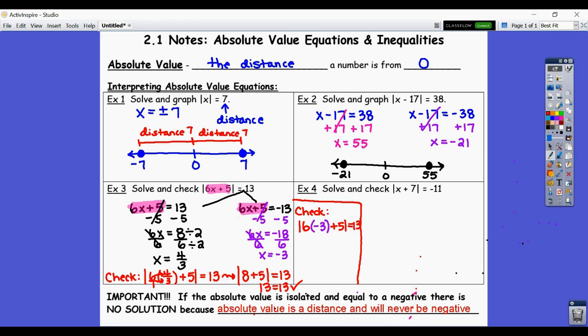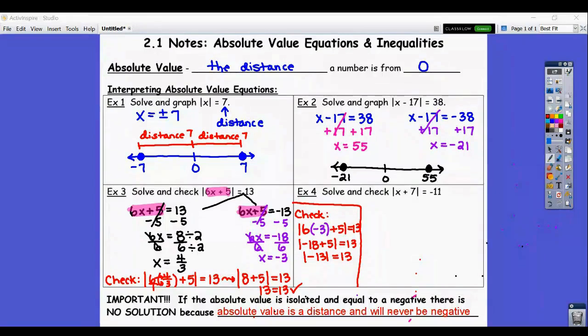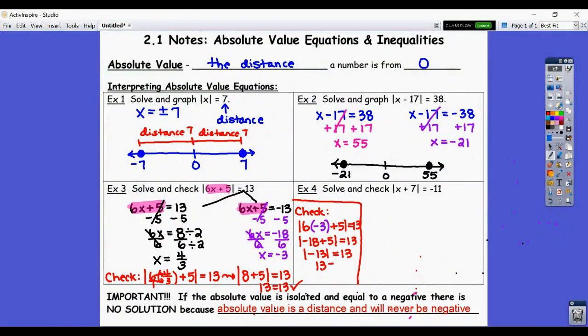Now that I plugged in -3, we'll do the math of that. We get -18 plus 5. That is going to give me a -13 in the absolute value. But remember, absolute value tells me the distance a number is from 0, and that would just result with 13 equaling 13 again. So if you get both sides to equal each other, you have the correct checking of your